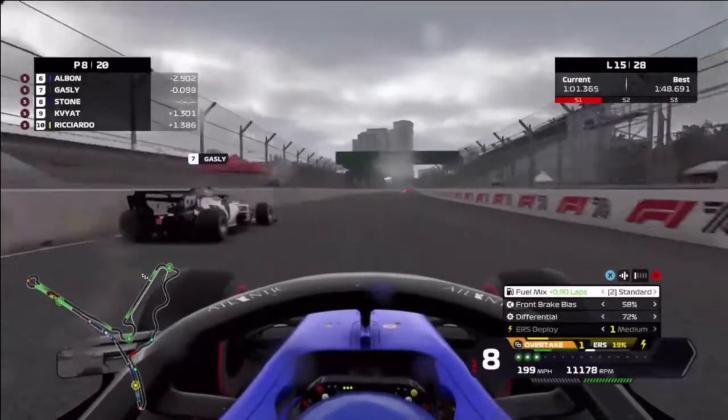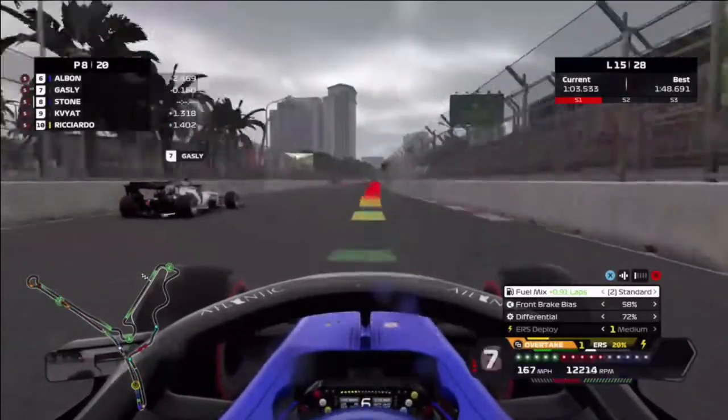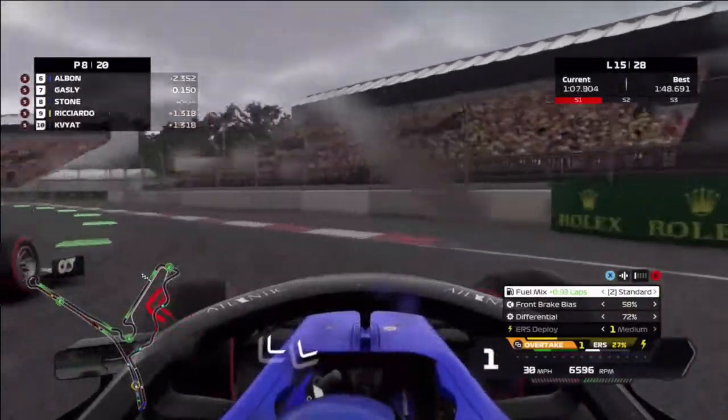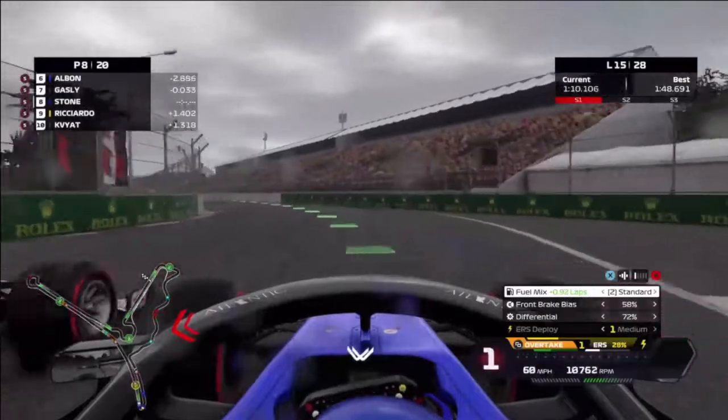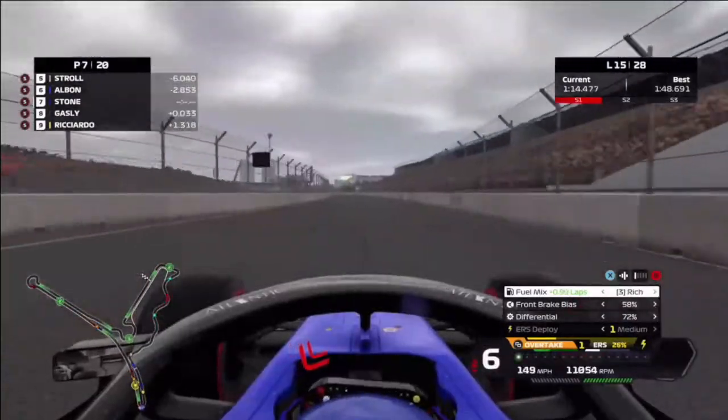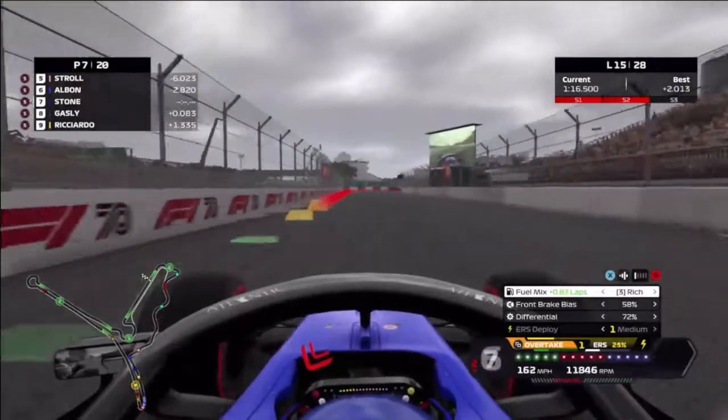We don't have a lot of ERS left, so we're going to have to be safe with that. We're going to dive around the outside here. He was kind of wobbly in the entry of the turn here, and we fight around the outside as we overtake the Alpha Tauri, and it looks like Daniel Ricciardo